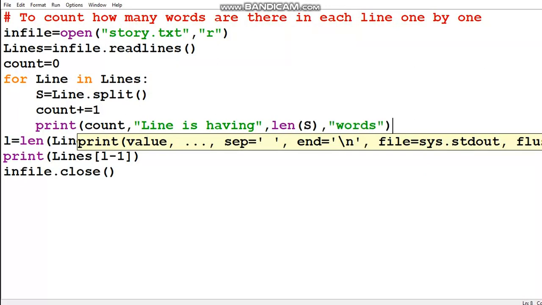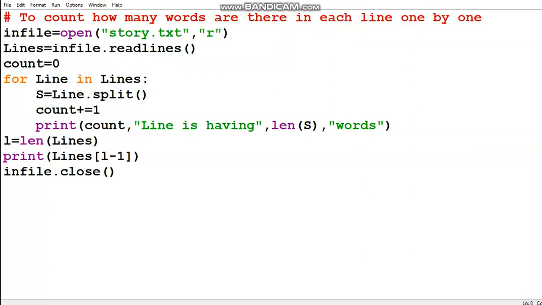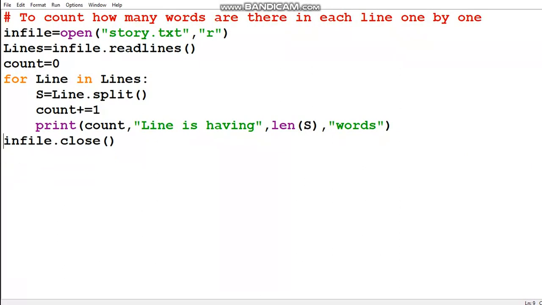So it's complete, I guess. I'll remove these lines of code which I don't require, and then we'll run it, and hopefully it is going to give the correct answer.